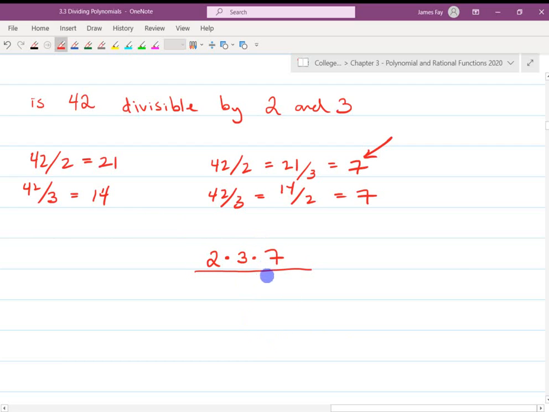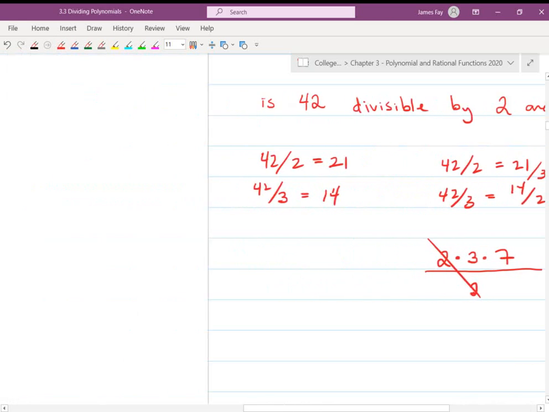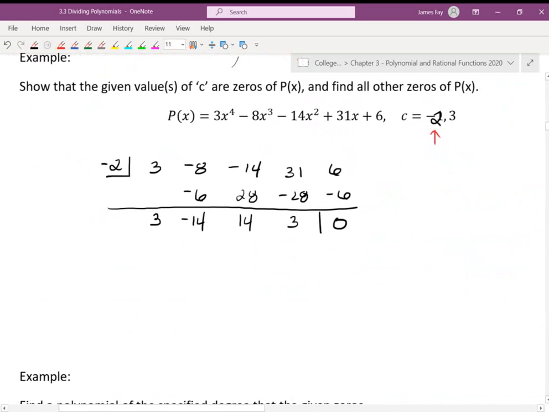If that's my prime factorization, then I know automatically, yes, these are divisible by 2. And I can also then say, automatically, that they are divisible by 3, right? Okay, so if you divide by 2 first, these go away, and you're left with 3 times 7. The question is, well, is that then divisible by 3? Yes, it is. Okay, so my argument, the reason I'm saying this is we could come back to this, and